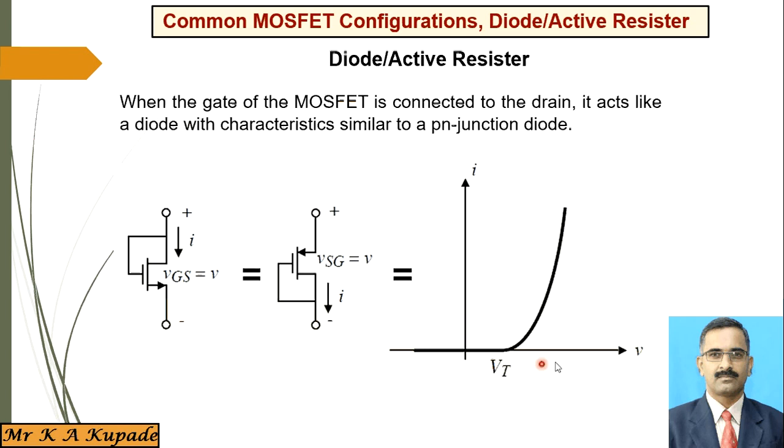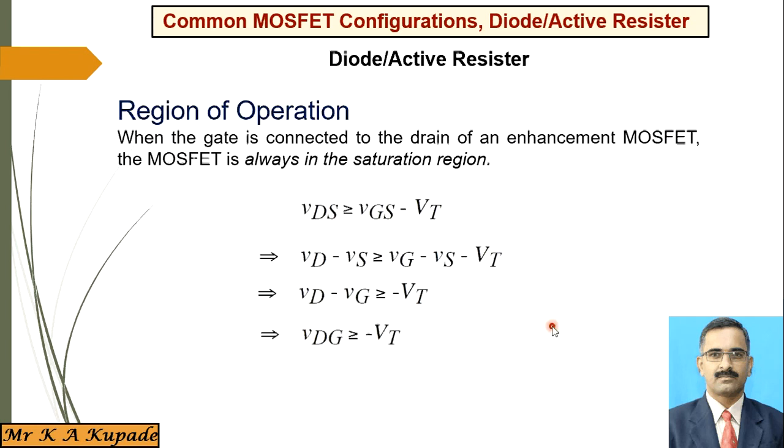So as V increases, VGS crosses that Vt, and there is a sudden increase in the current. This looks like a PN junction diode in forward bias, you can see that operation in the VI characteristics. So this MOSFET is acting in the forward bias condition. Getting my point? So this is the concept of how the diode is considered.